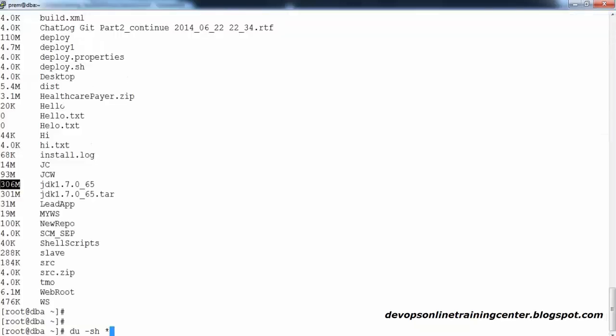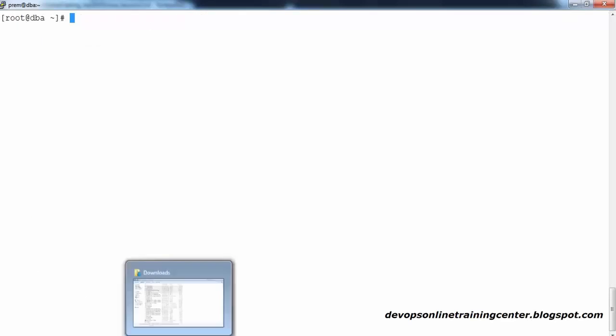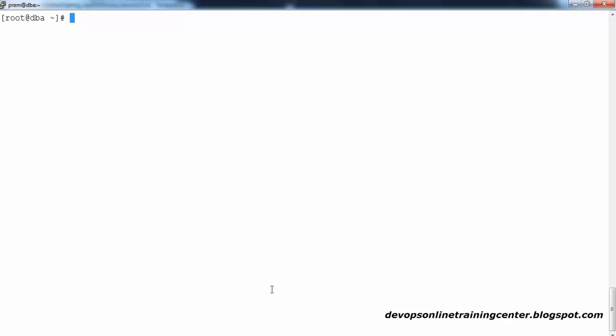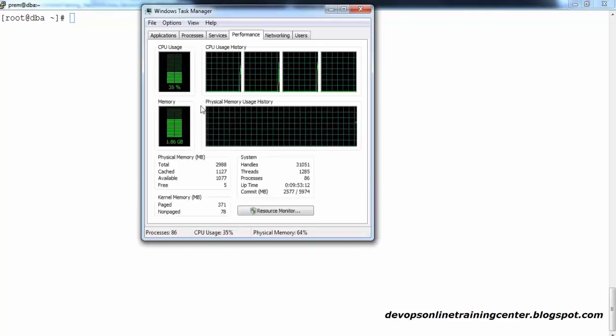Now similarly, somebody may ask you a question like, could you please show the performance of your machine? So how do you see the performance of your machine? You go to the task manager again, go to the performance tab and give them the metrics like, this is 21% CPU usage, 1.86 GB memory usage, and everything is explained by looking at this nice window.